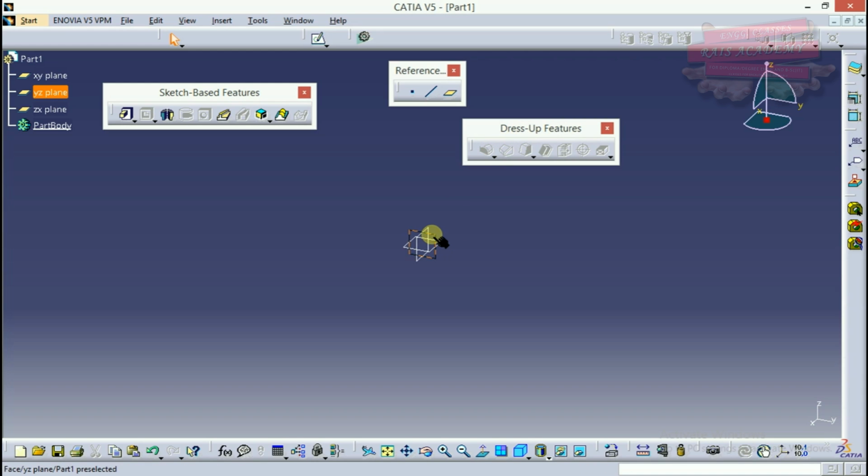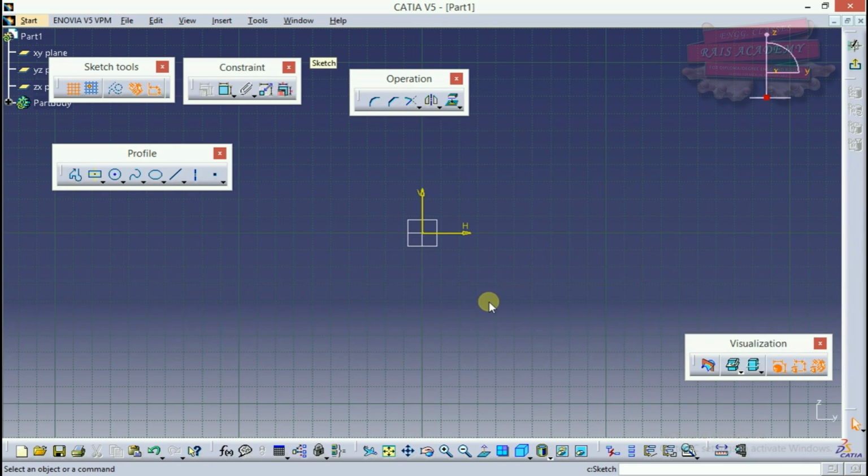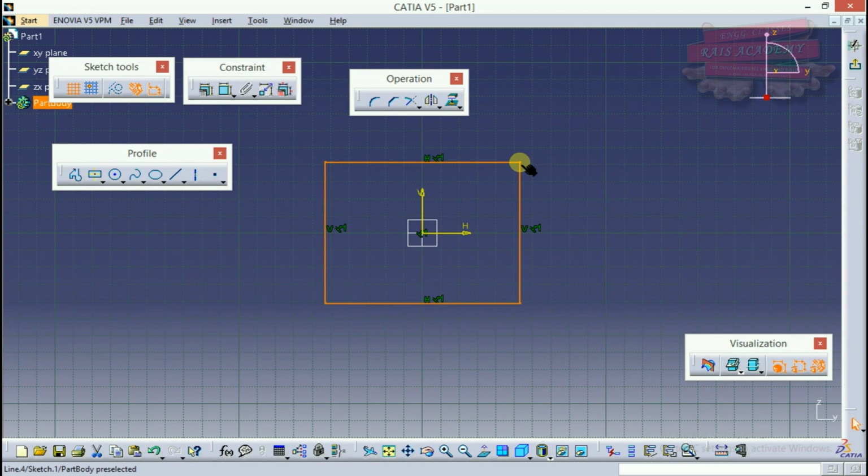For using the dress up feature we need to have a solid model. For sketch based we need to have a 2D profile; for this we require a 3D model. So what we'll do is create a 3D model. Suppose I create a square of 100 by 100. I'll give the dimension 100 by 100.